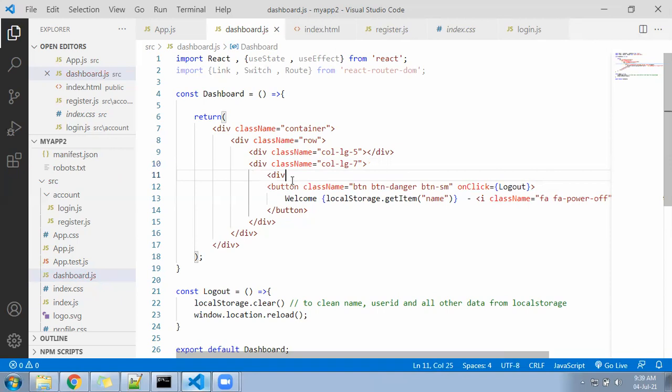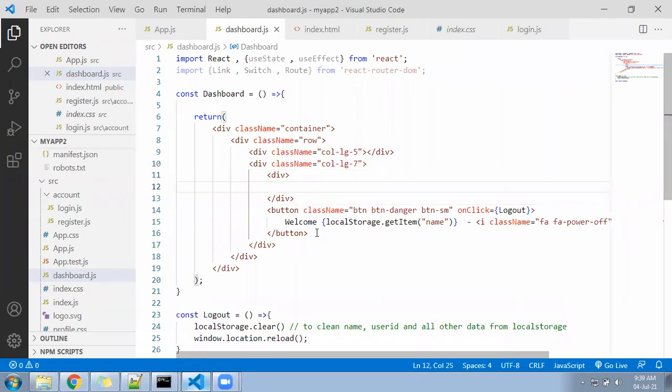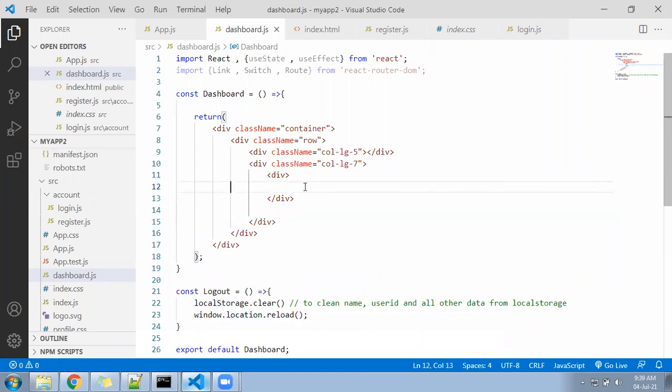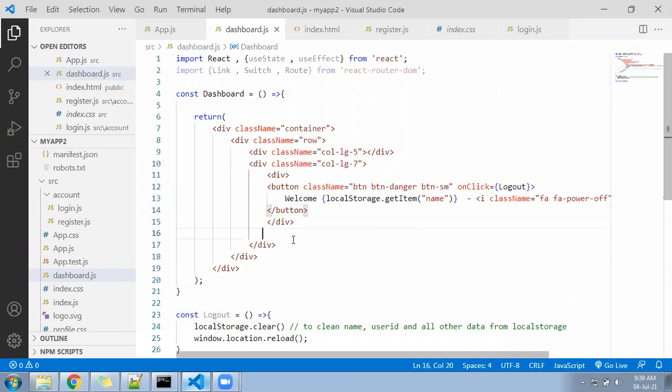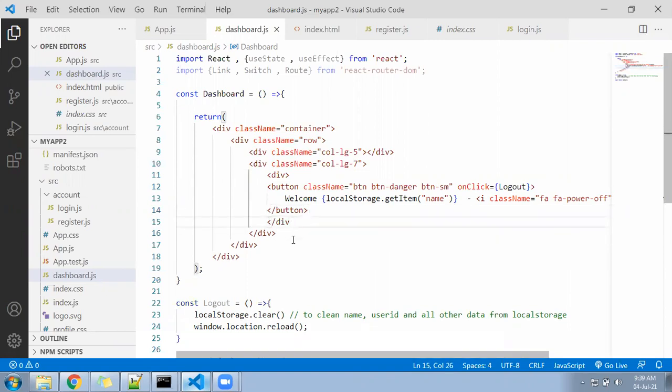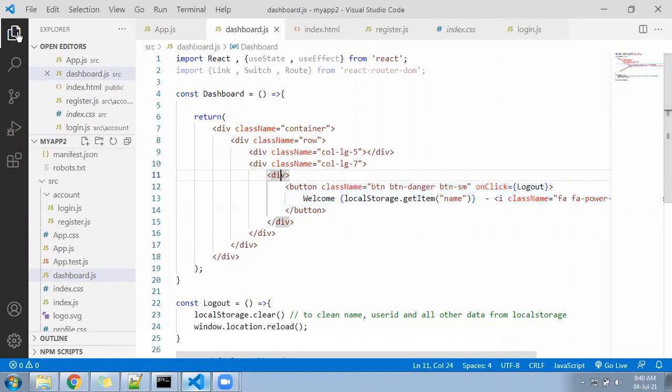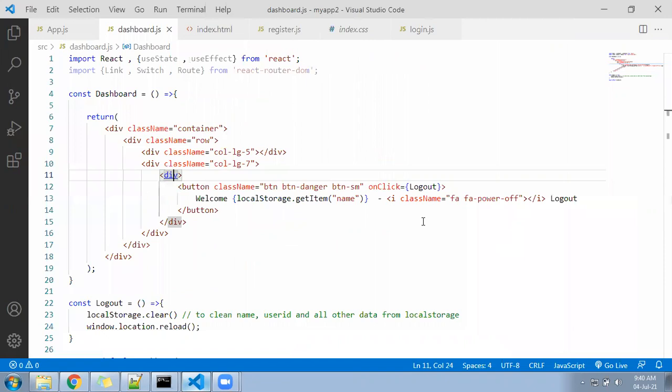Okay, let me do it like this: a division, and inside the division I'll keep all this. There may be some other class. Okay, right after that, write a class here.